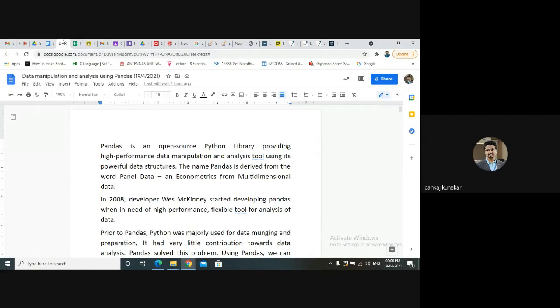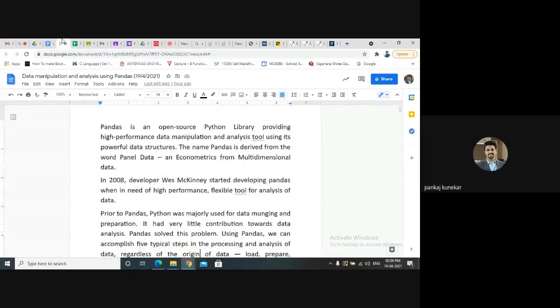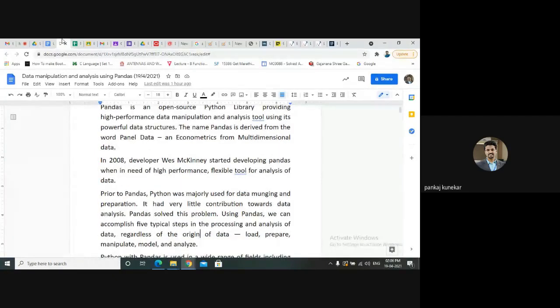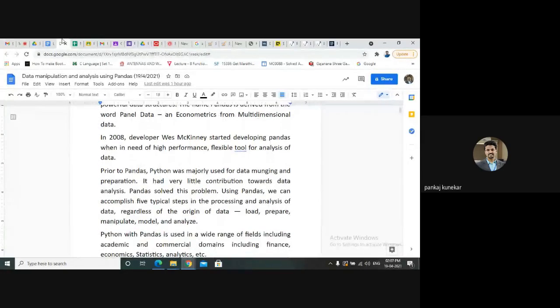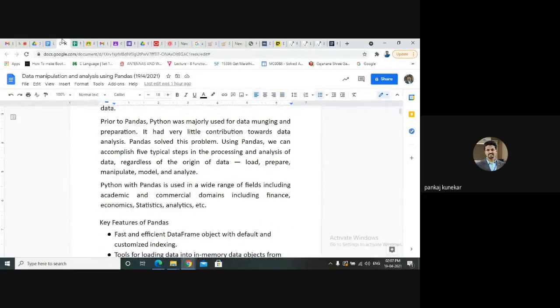It was developed in 2008. Python is very vastly used for data munging, preparation, data exploration, data analysis, and pandas will solve all those issues. There are different processing steps for the analysis of your data, like loading, preparing, manipulating, modeling, and analyzing.